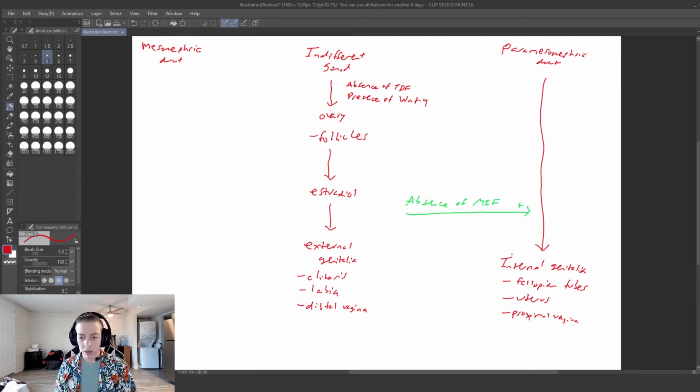vagina. So we have our external genitalia over here, we have our internal genitalia over here, but then we still have this mesonephric duct over here. And so what's going to happen to the mesonephric duct? Well, I'm going to draw a line down here, and just like in the last video, I'm going to draw this little non-arrow, because this is what would form the internal genitalia